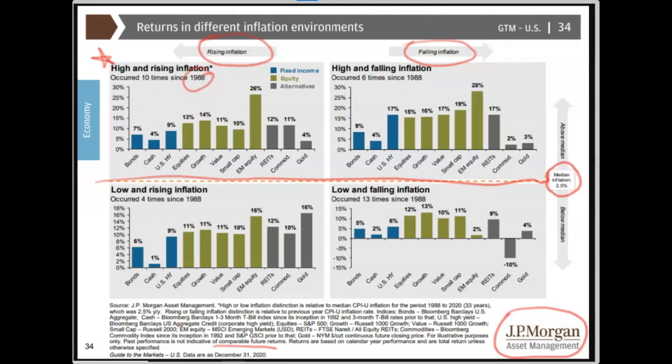I don't know about you guys, but I'm not so sure that this inflation is going to be transitory. I guess that is up to you to decide for your own investments, but I personally don't think it's going to be. I think it's going to be rising for at least a little while. But anyway,